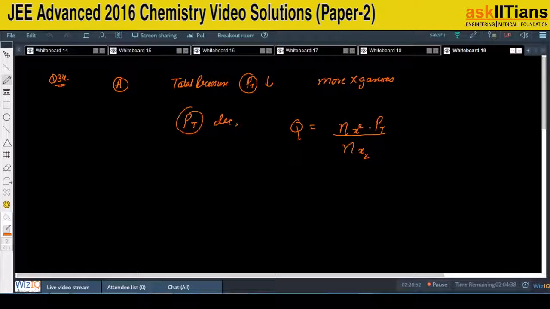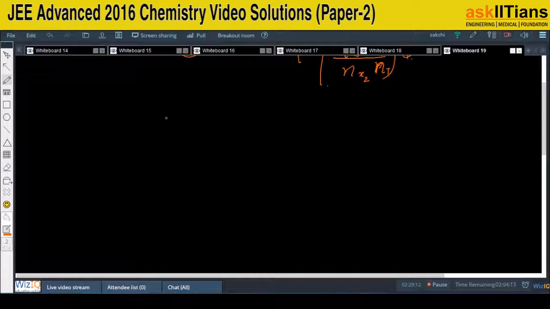So this was the number of moles of X whole square divided by the number of moles of X2, into, again let's say N total, into Q. So this will be less than Kp. The reaction will move in the forward direction, and hence we can say option A is a correct statement for this particular question. Now if I ask you to figure out option B,